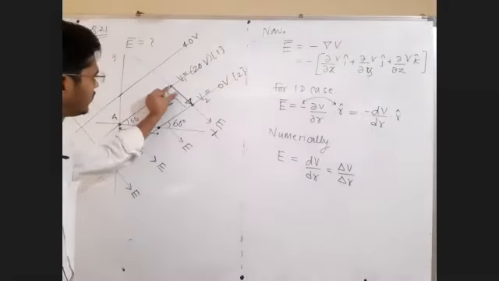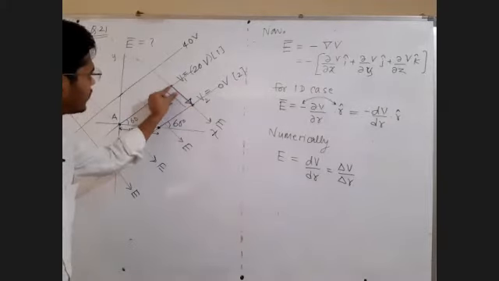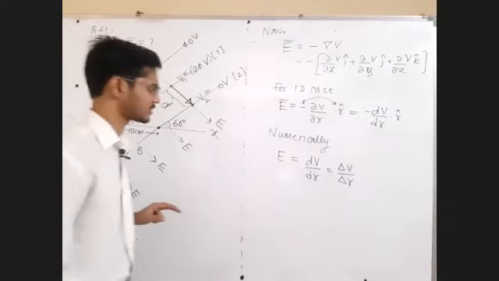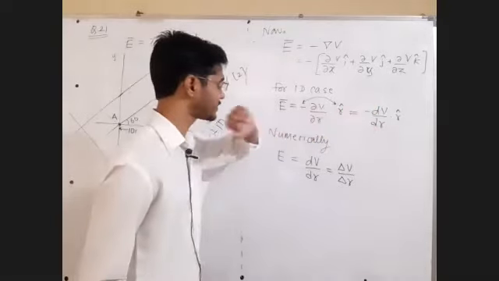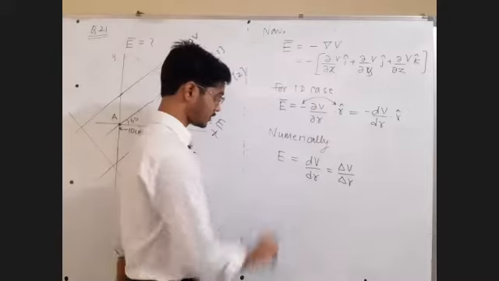तुम्ही dV by dr काढा, नाहीतर delta V upon delta r काढा. Find out dV by dr or delta V by delta r, doesn't matter, you will get the same answer. Minus sign should be there. It is for the sake of direction. Okay, fine. But first deal with it numerically.